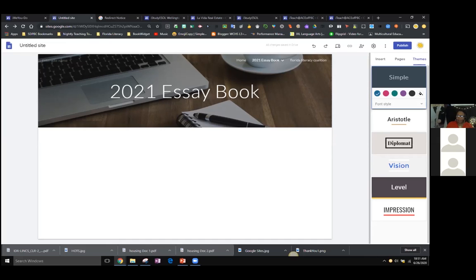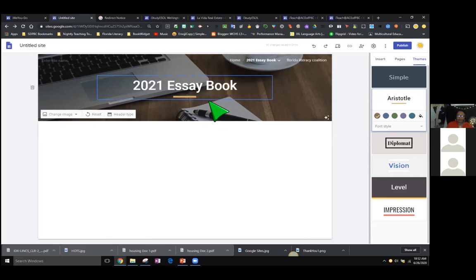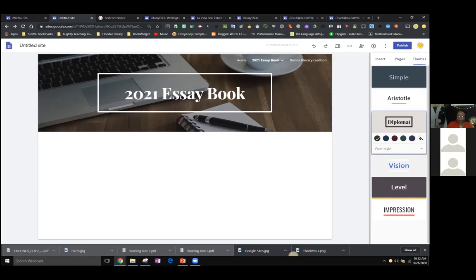But what themes does is it changes font. It gives you these different themes to work with. So this is the default. If I go to Aristotle, notice how it changed the fonts right there, and it has a yellow line underneath. If I go to Diplomat, same thing, it changes it.